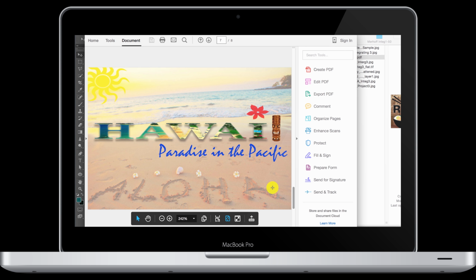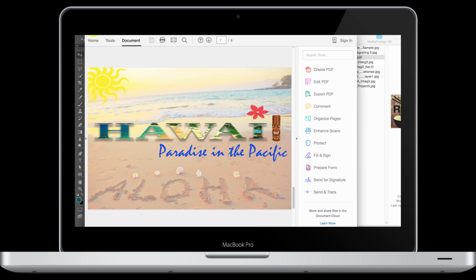And for my last one, I'll do this Hawaii. Again, they use the sun image from the library, which you can add as one of your vector shapes, but I definitely want you to create one vector shape where you create it from making a pen's path and having it go around an item that could be applied as a vector mask, or it could also be defined as another custom shape to be used in your project. And in this one, again, it's Hawaii. They've clipped another picture into the letters of Hawaii. Paradise and Pacific is the subtitle.